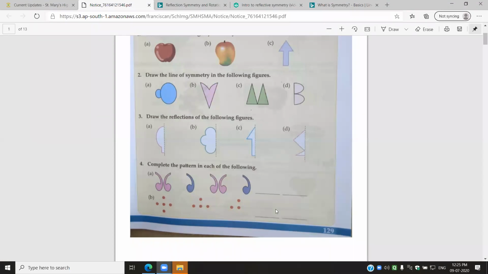Okay, so when you draw the fourth figure, the top dot will disappear. So only these two dots will have to be put. And then in the last one, which one will be disappearing? This one. Okay, so only the middle dot will be left. So what is this pattern showing? That first this dot disappeared, then this one, then this one, and then this one. So all the dots which are surrounding the middle dot are disappearing one by one.